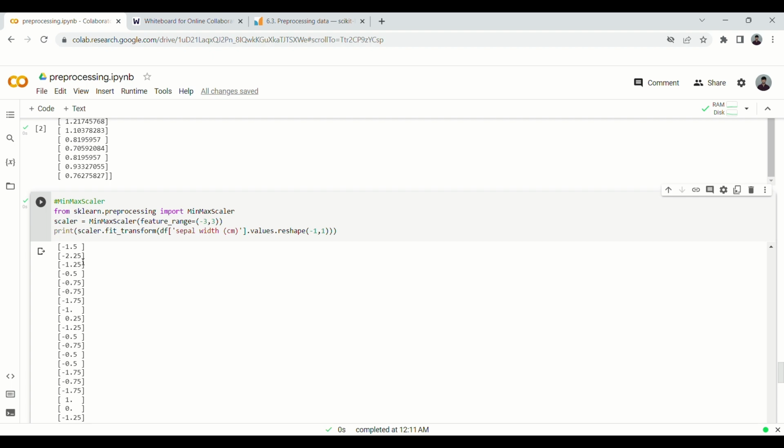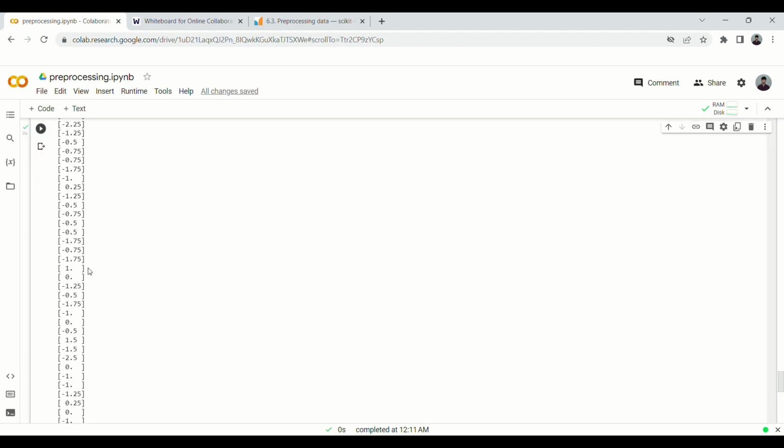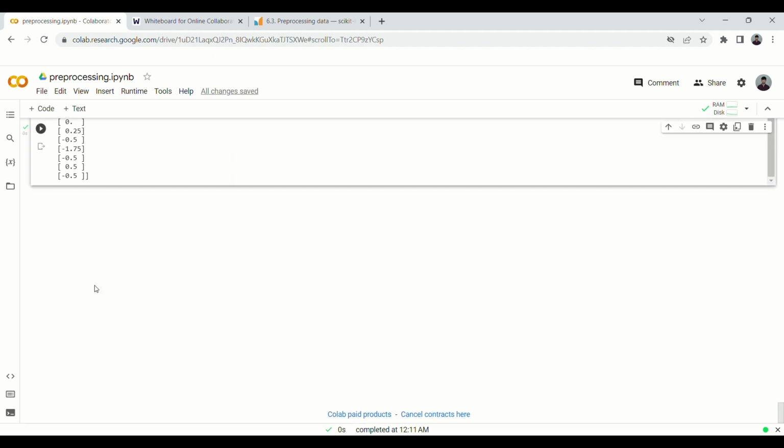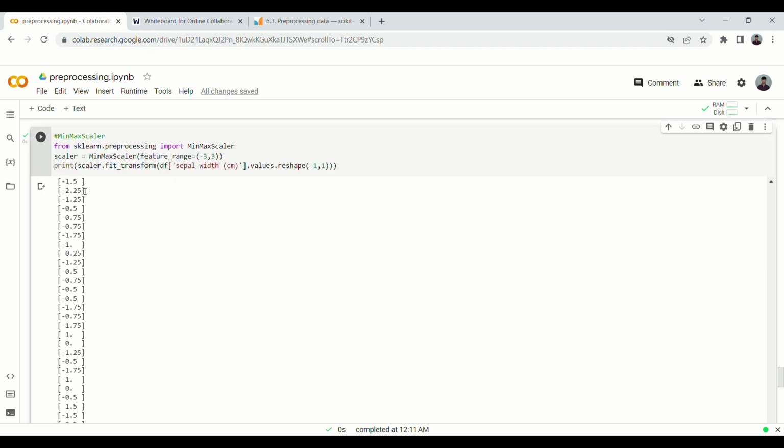Like you can see, we have got our values, and you can see it's -1.5, -2.25. So what we are basically doing here is taking it in the range of -3 to 1,